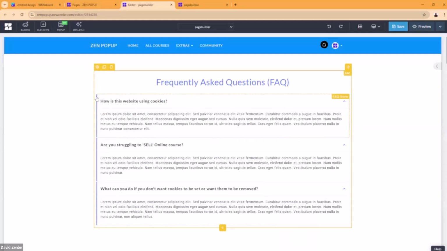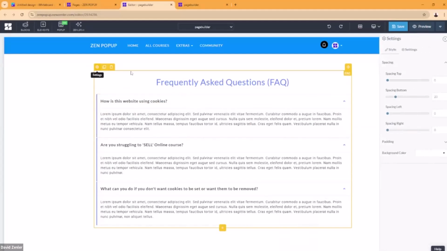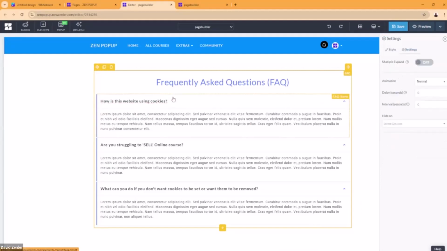So for instance, dynamic blocks are kind of like a different color. We also have forms, which are purple, a different color. I've shown you the main blocks, the blue, the green row and the red elements, but we do have different ones. FAQ is really good. If you click this little settings button here, you can change the spacing and settings for this. You can also go in and grab these blocks and add them.